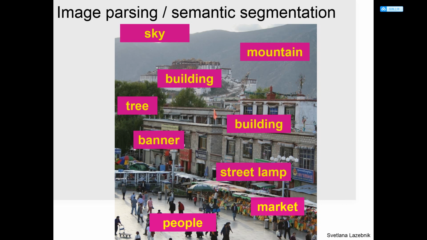And we can also have semantic segmentation. So semantic segmentation means that I'm trying to find for each of the pixels in the image what is the